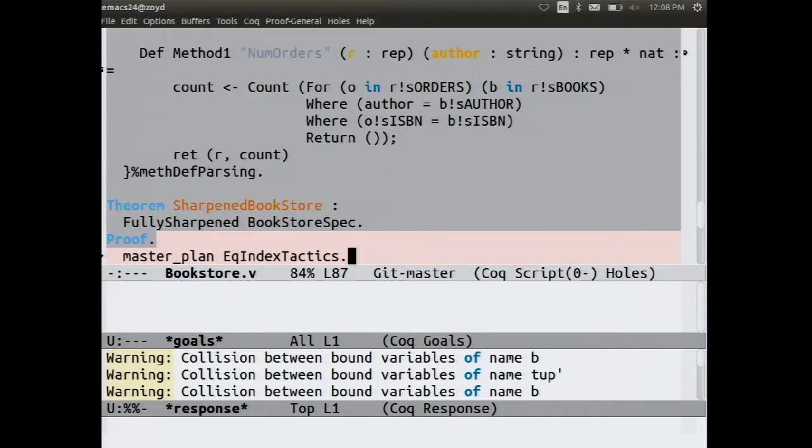So we have a general library tactic called master plan, name inspired by the idea of a database query planner. It takes one argument, which is essentially a plugin where you can tell it which data structures it's allowed to use. And the plugin also contains proofs of correctness for those data structures. This basic one here is just using nested binary search trees as the data structures, but we have other plugins for instance, tries for representing strings where you want to have efficient lookups based on prefixes of values. And in general, you can add any kind of data structure if you explain what it means relationally and then give some heuristics to decide when it's a good choice to use for a particular program.